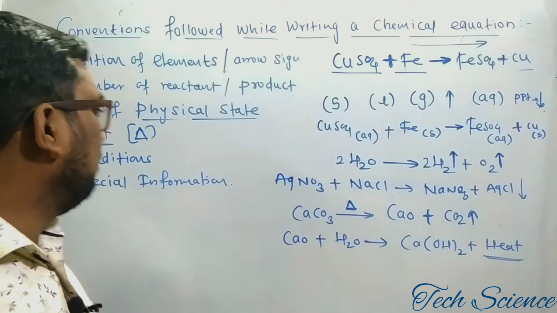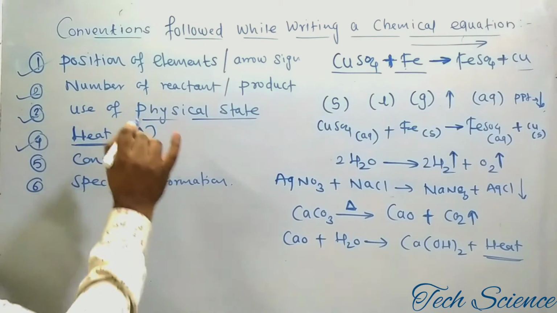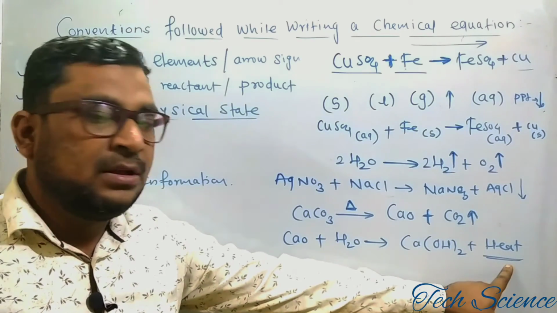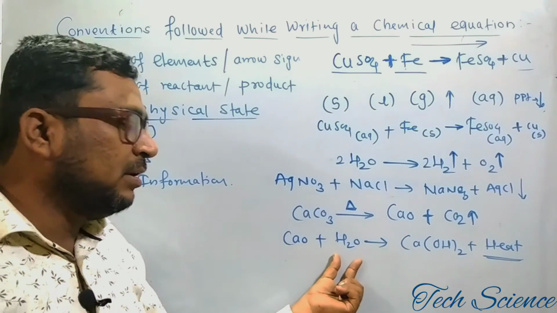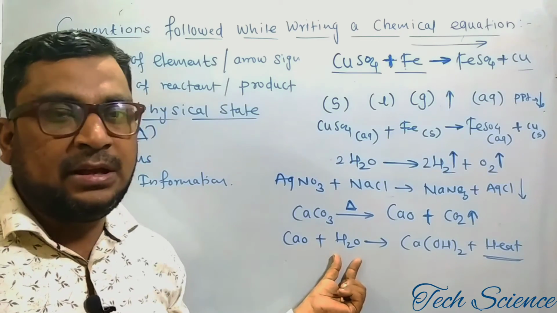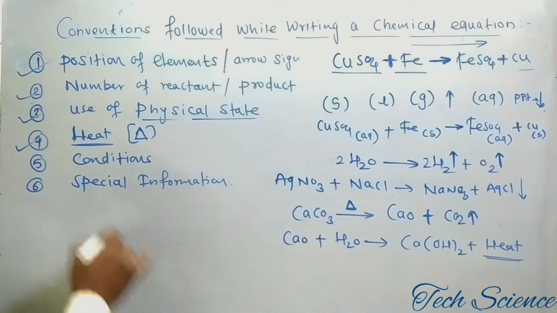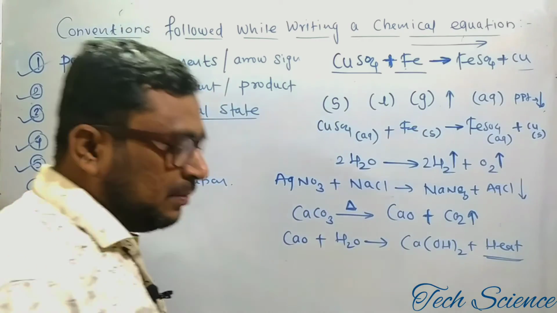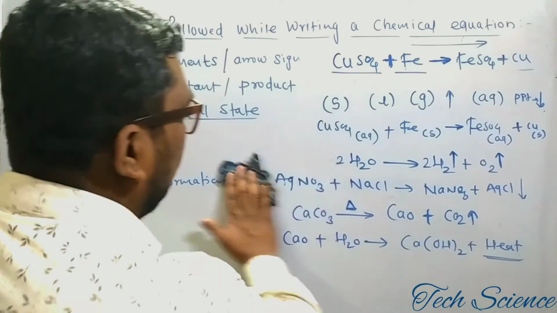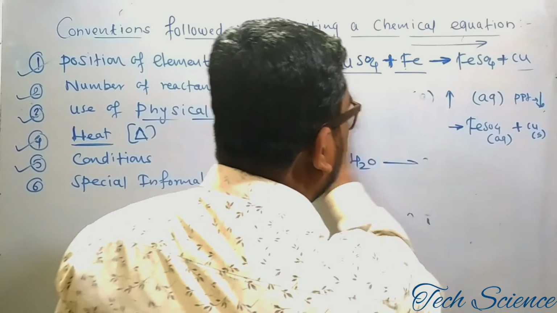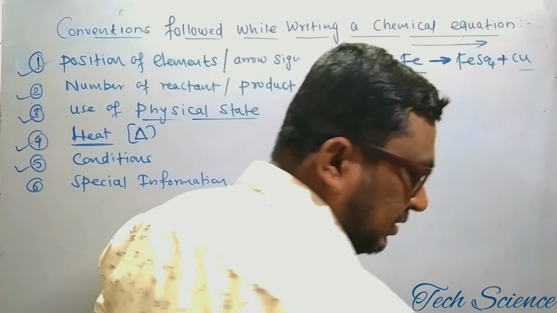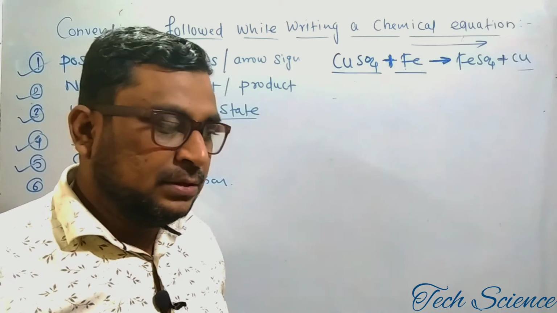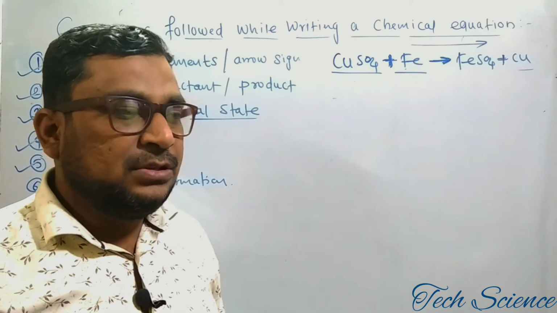So these are some of the conventions for how to use the delta sign, where you have to use the heat. If it is exothermic, use the right hand side. If it is endothermic, use the reactant side, that is the left hand side, and so on. Some kinds of conditions also you have to follow. Now what about the conditions? Condition means how? Observe, regarding the conditions, for example, some kinds of reactions are there. If you want more readability, in that case you have to write the condition.